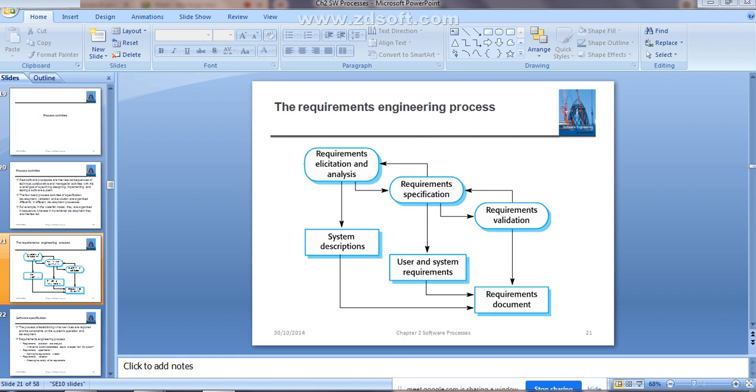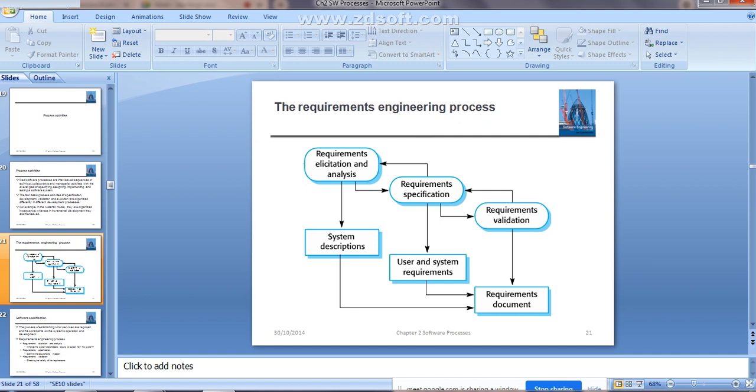Here it is nothing but the requirement engineering process. It is of understanding and defining which type of services are required from that particular system which you are developing. Along with that, you are going to define the constraints and identify the constraints on the system's operation. These two things will be done in the software specification activity. This is also called the requirement engineering process.